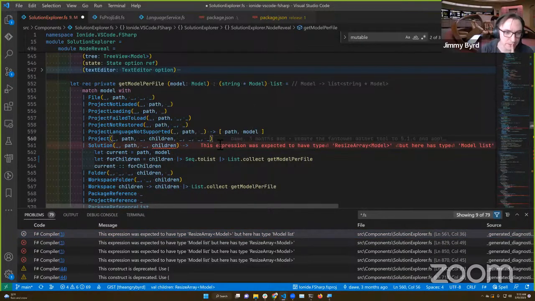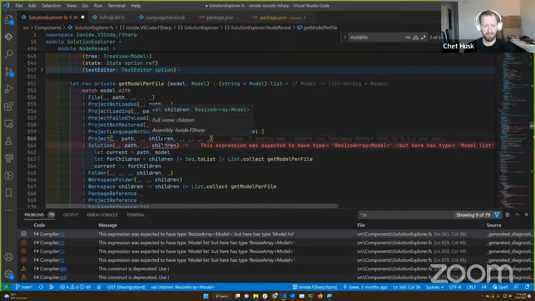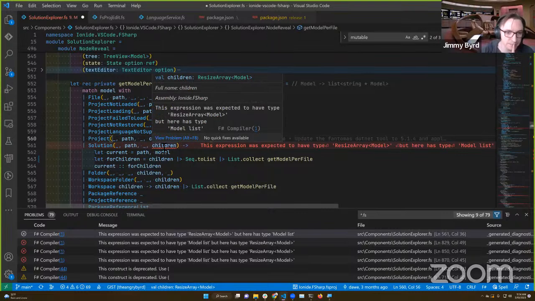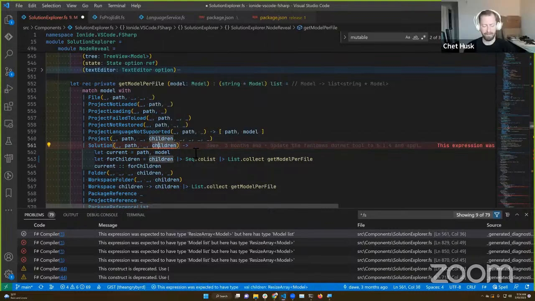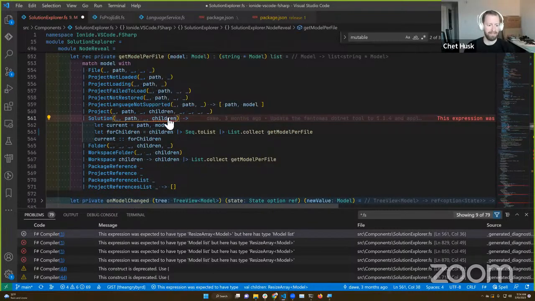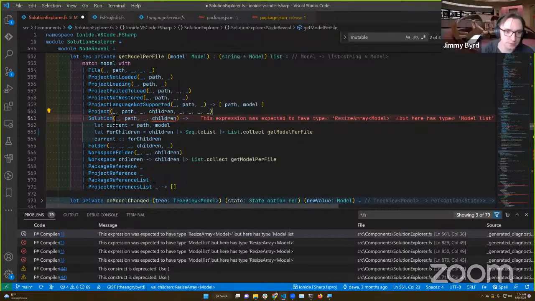Oh, is it because we're doing the multiple pattern matches? Oh, yeah. So these are different. So maybe that's a reason to make solution just be a resize array too. All right, let's do it.